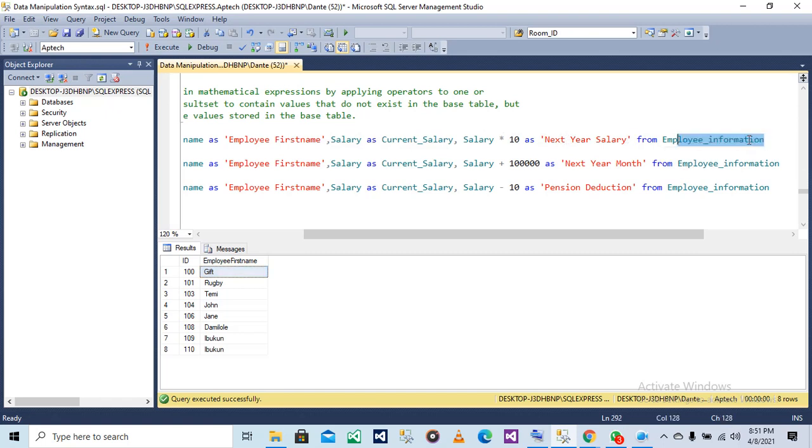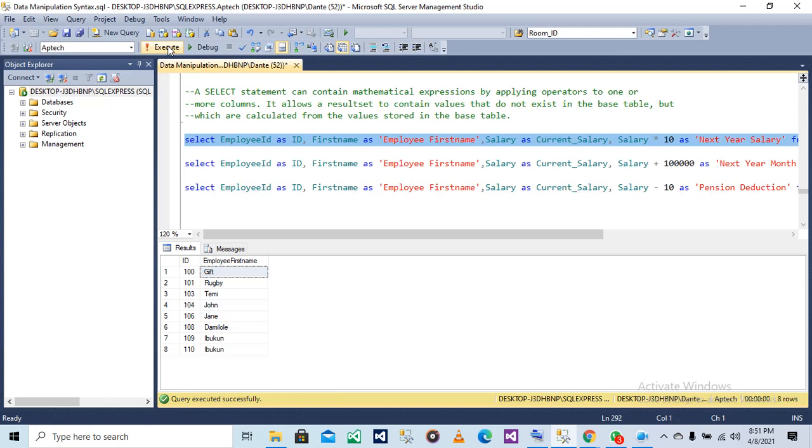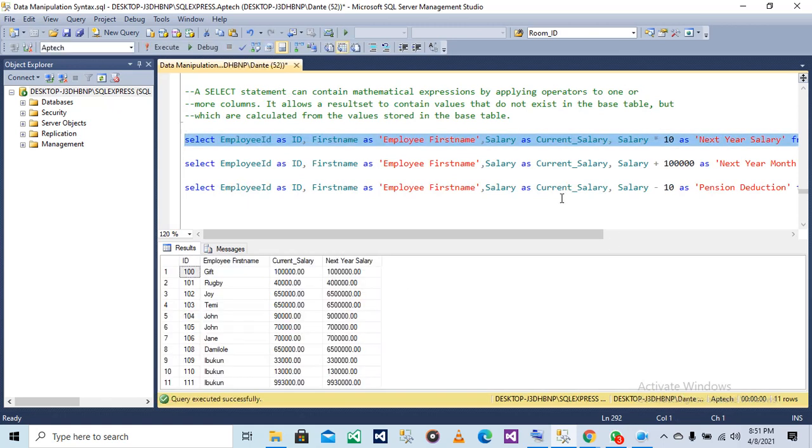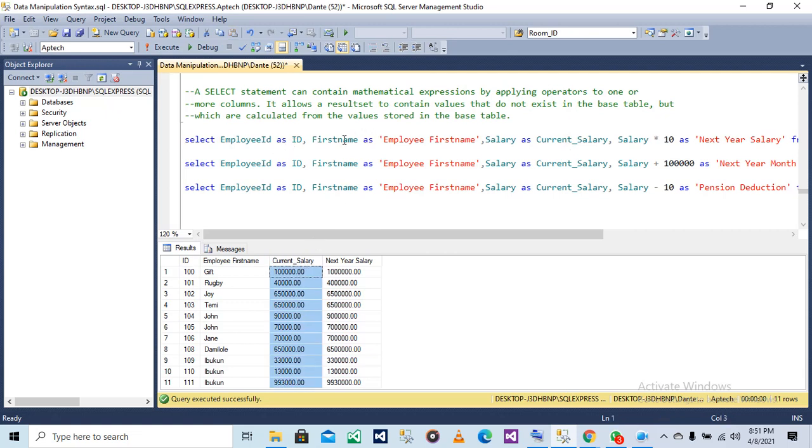Let me run it so that you can understand. So you can see we have a column next year's salary. This column is not in the table, it's just on this result set. For all the employees, for their current salary, we renamed the salary column to current salary. We named first name to employee first name. We named employee ID to ID.